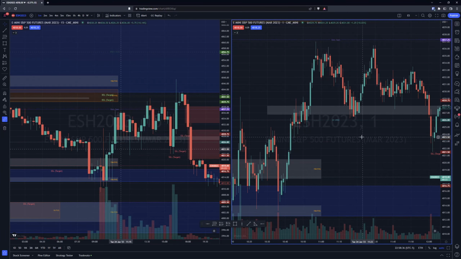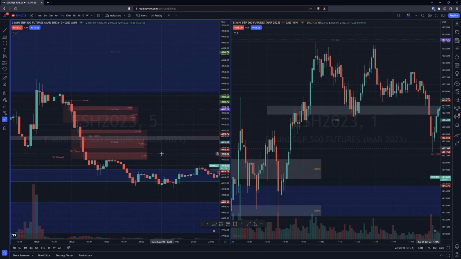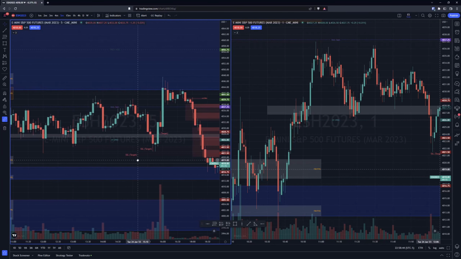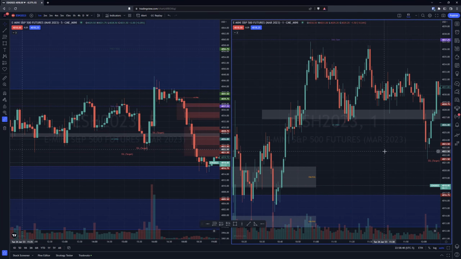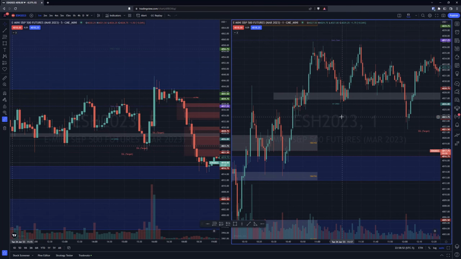I never was on the right side of the move today, until this afternoon. I made a couple of good trades, like one or two, to get something out of the day, so that was nice.